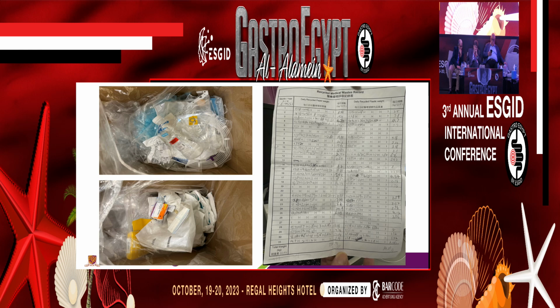At my center, recycling boxes are already in place to collect the paper and plastic intra-procedurally. In the month of August this year, we recycled over 380 kg of paper and over 80 kg of plastic out of 1,300 endoscopic procedures, which would otherwise be sent to incineration or landfill.